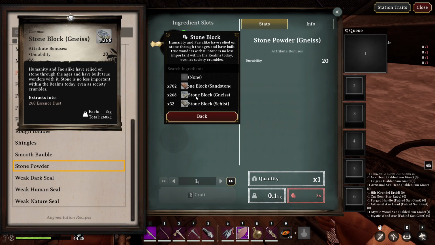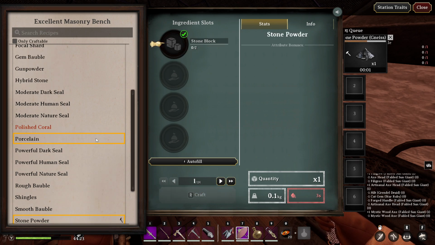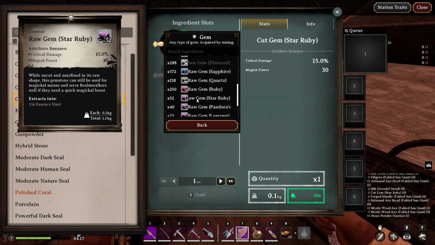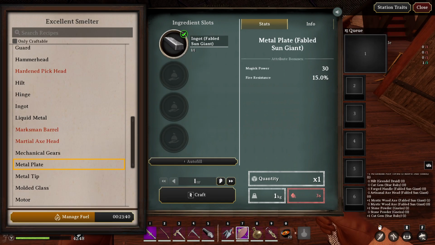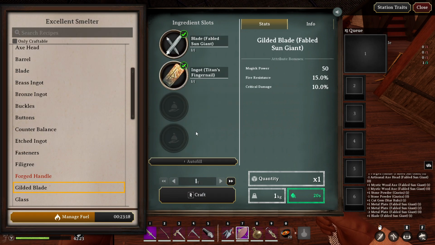And now for our heavy magic hitter, our Mystic Sickle. We'll be using this as an elemental boomerang, and we'll be supercharging it with a few tricks. But first, for the Sickle build itself, we'll start by making another cut gem out of Star Ruby and Nice. Then we'll make metal plates for our blade out of Sun Giant, and we'll combine that with Titan's fingernail to